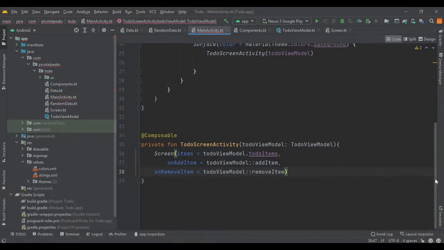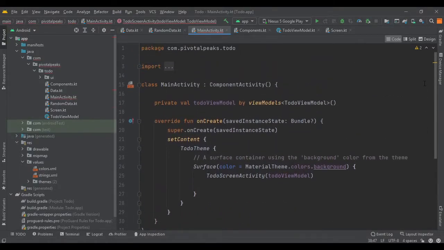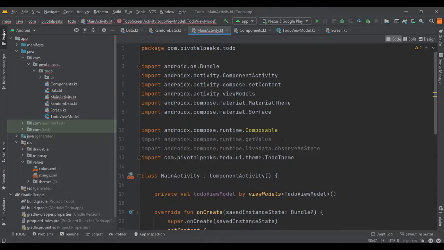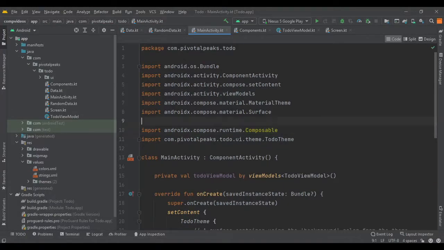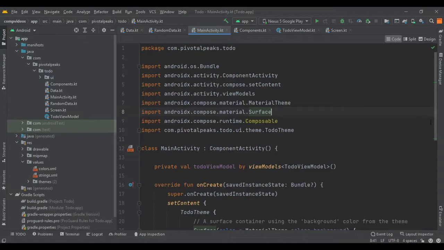So we are getting some error, and I guess that's because we have some unused imports. In Jetpack Compose, if you have unused imports, it will give you an error. So the error is gone.